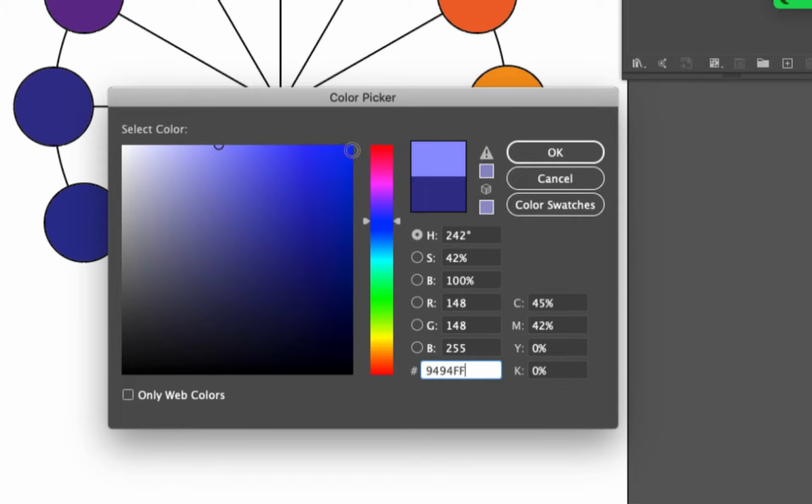Because notice in the color field here, the color on the far right edge, everything is pure color, the most intense color. And then as we move along the horizontal in a straight line, the edge over here on the far left, everything is grayscale. So we're desaturating the color by moving across in a horizontal, taking the color down.